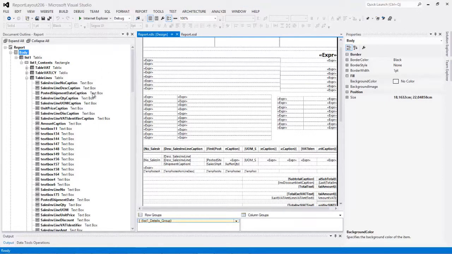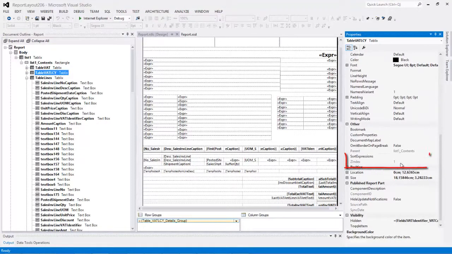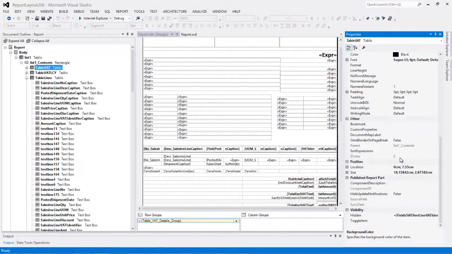And the body is the first report part by default and thus listed in the top. You can view the set index of a control in the properties for the control. So for instance, for this table VAT LCY tablix, you can see that the set index is 1, whereas for the tablix above it, the set index is 0. You cannot change this, however.